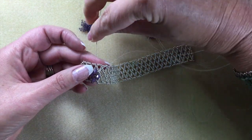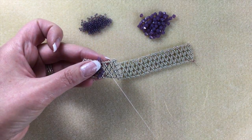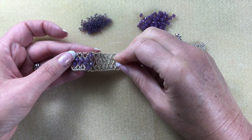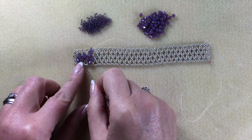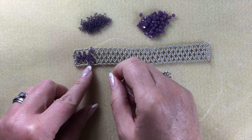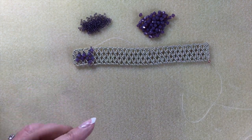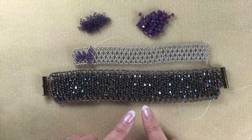So I've picked up my 3 beads and I'm going to come through the middle one at the top there. Not get my thread tangled up like I have. And you can see how that has closed off that little lacy bit that we had before. So it's up to you. You can either just bead through the middle where you see those diamonds, 1, 2, 1, 2, 1, 2, or you can take your embellishment right to the edges as I've just shown you and fill in all those lacy bits there. And then you're finished once you've got to the end, and you'll have a beautifully embellished cuff bracelet